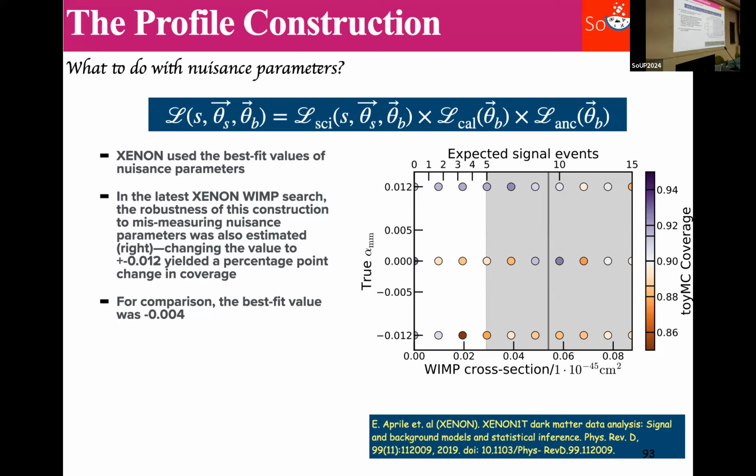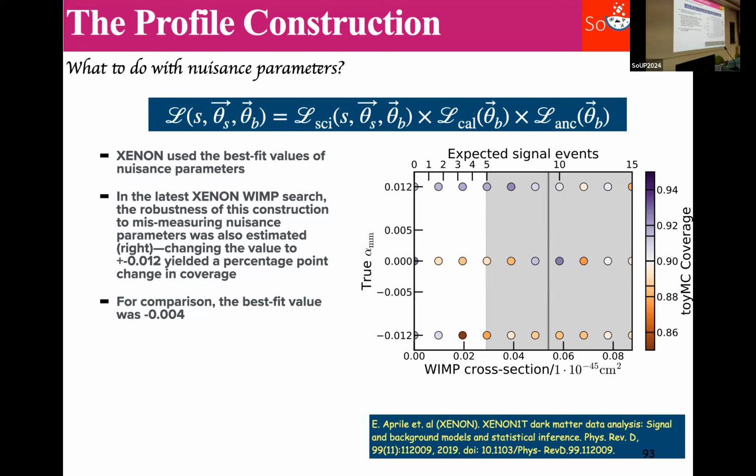Which was, we had certain signals and we had the true value of this being set to 0, which was what we assumed. But here we also checked, what is the coverage if we are wrong? And this value is really, okay, 0.012 doesn't seem so much, but this is like 5 sigma away from the best fit that we have, and also the other way around. And we checked that the coverage, if you were to average the coverage across here and average the coverage across here, it was like plus minus a couple of percentage points in coverage, and we were happy with that, and we could report it in the paper.